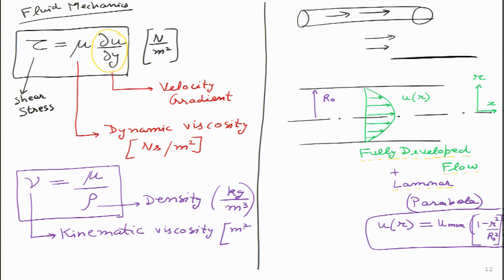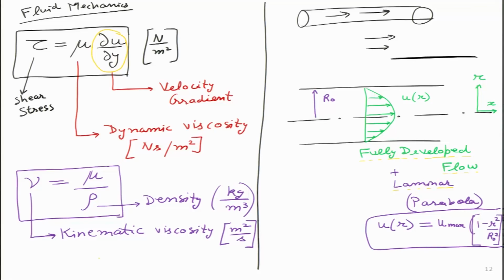I think this is something that we have discussed earlier, and if students do not remember, I will recall for them what the unit of kinematic viscosity was. So, the units as written in this slide are meter square per second. If you remember in the last 3-4 lectures, there was some thermal parameter which had a similar unit, and that one was alpha, and alpha stood for thermal diffusivity. And it had the same unit, meter square per second.